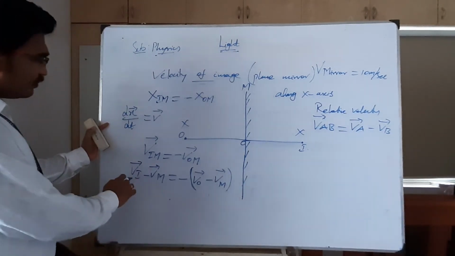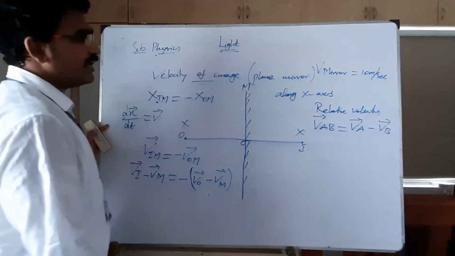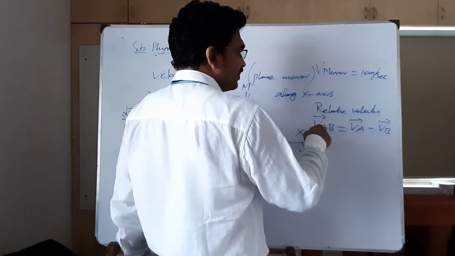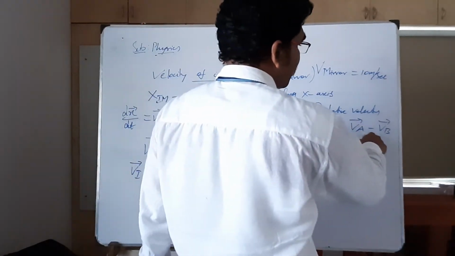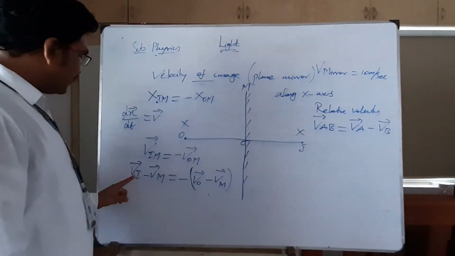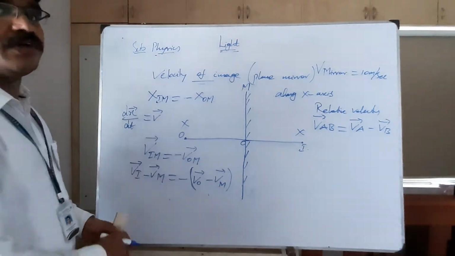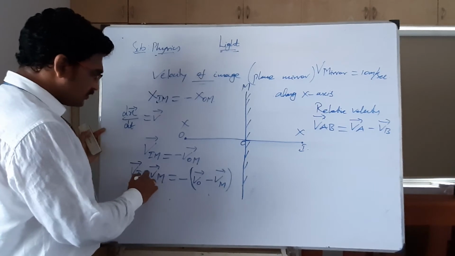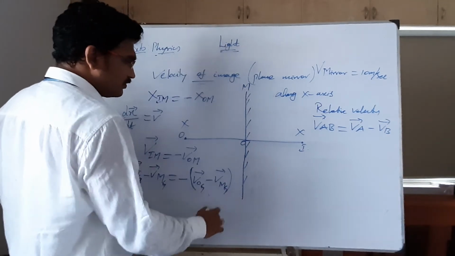So whenever I am noting only one subscript here, always you understand, that is relative velocity of A means velocity of A with respect to B. So I can write it as velocity of A minus velocity of B. So when you come to this point, what you should understand is I am seeing every parameter with respect to the ground only. When I have written nothing here, you should understand it is with respect to ground.